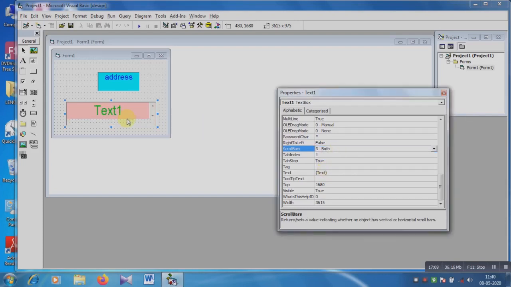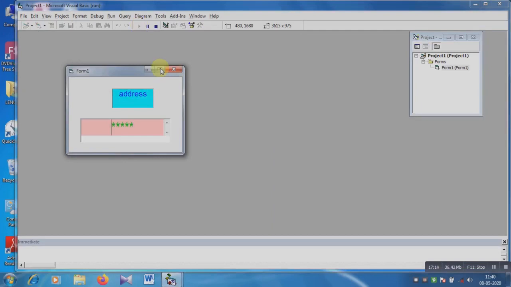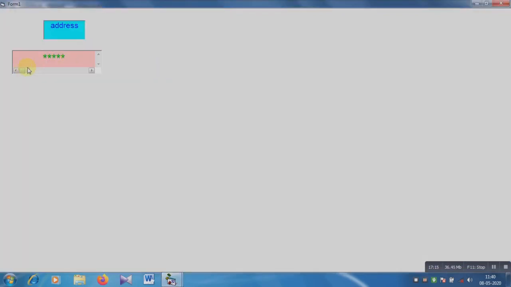See, I am choosing both, again run, see properly. This is the vertical scroll bar and this is the horizontal scroll bar. Have you seen? I think you have seen.